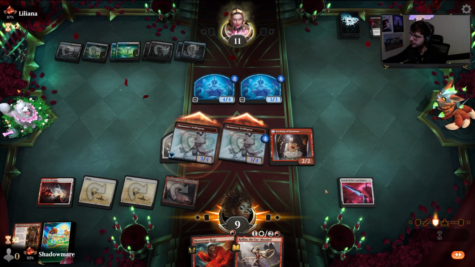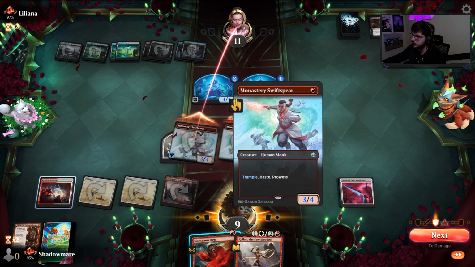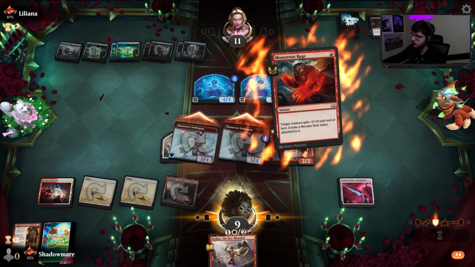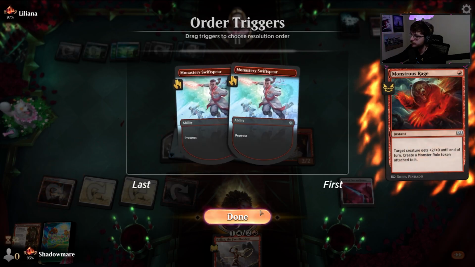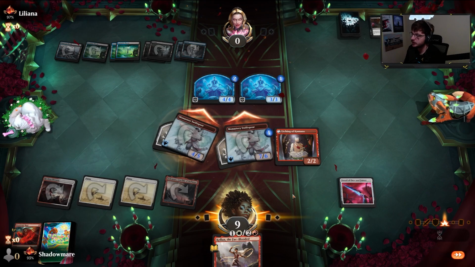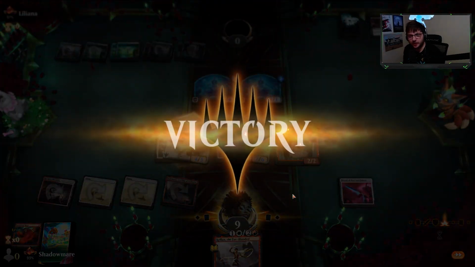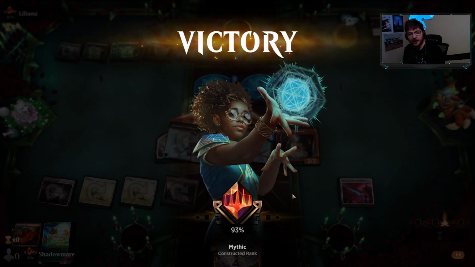They block. Don't block. I believe it's lethal. So it's 6, 7, 8. Lethal. Exactly. And that's why Monstrous Rage is the best addition that Swiftspear mono red decks